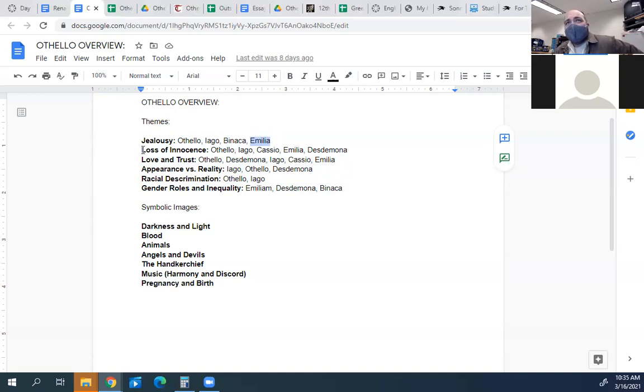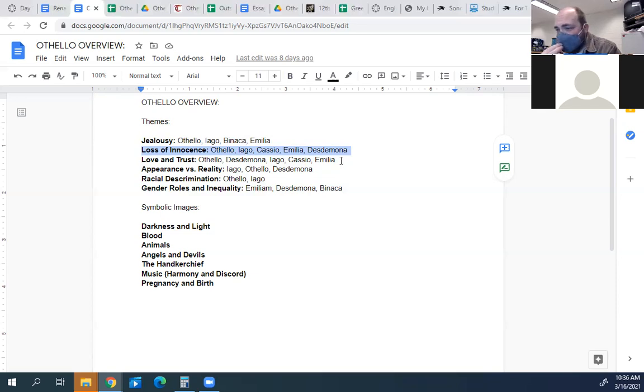So a secondary theme is loss of innocence. We're going to be watching Othello change. I think I mentioned this last class, but in a large part, Othello is sort of an allegory for the Garden of Eden story in the Bible. So if you're familiar with your Bible and you know the Garden of Eden story with Adam and Eve and